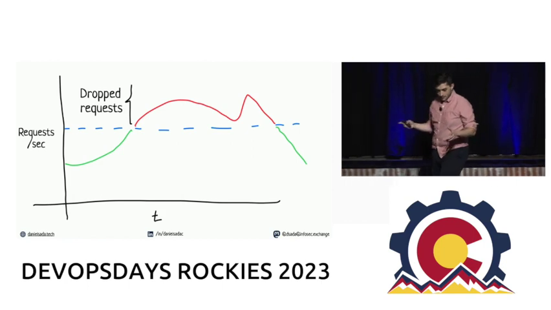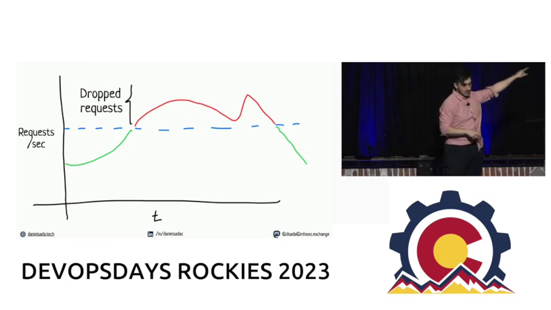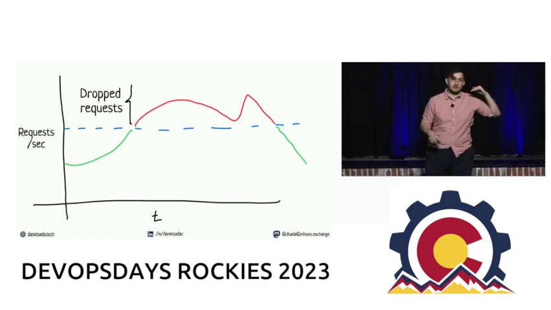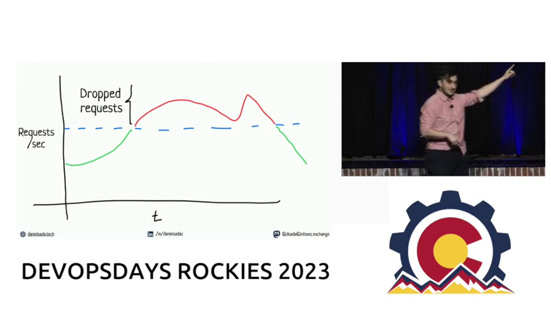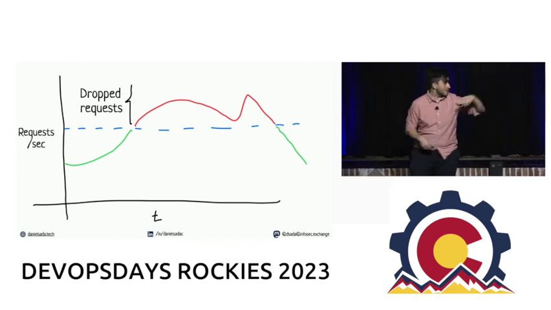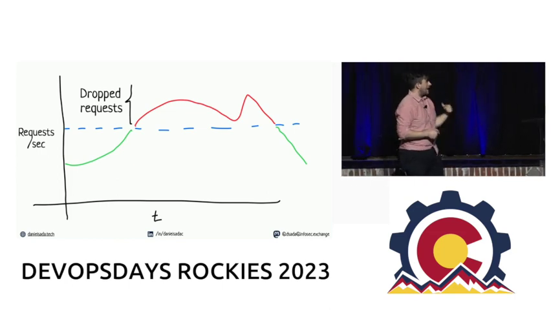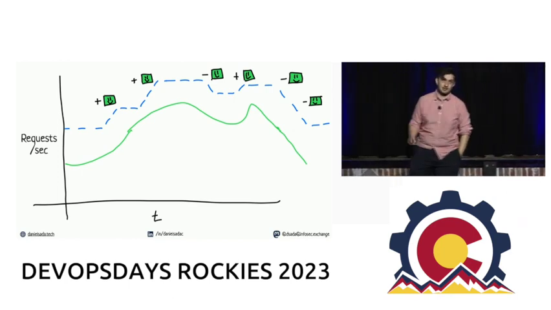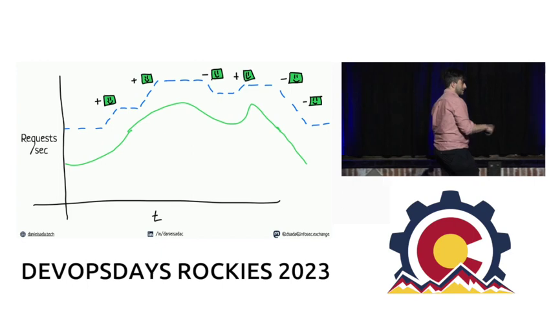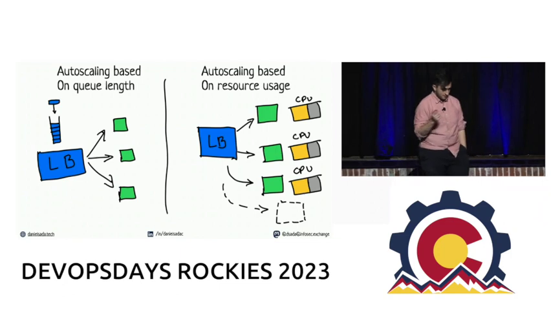If you have a system, we're going to say we have 3 VMs serving requests. And the blue line is the maximum requests per second that the system allows. If we only have this amount of resources, all of the requests that exceed that resource will be dropped, or it could be put into a queue, but they could be dropped depending on the scenario. Auto-scaling is the fact of adding more VMs as load increases, and removing VMs as load decreases. You can have 2 types mainly of auto-scaling, which is auto-scaling based on the length of the queue you have